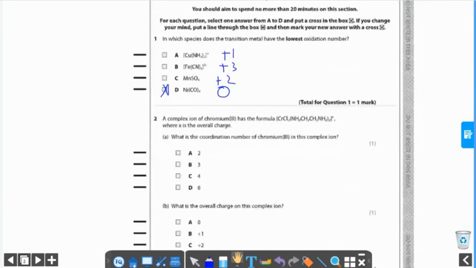The complex ion of chromium-3 has a formula given, where x is the overall charge. What is the coordination number of chromium in this complex ion? The coordination number is the number of coordination bonds, right? Coordination bonds, which are the dative bonds. The ethylenediamine, en, forms 2 dative bonds. So there are 2 en molecules, 2 times 2, 4, and there are 2